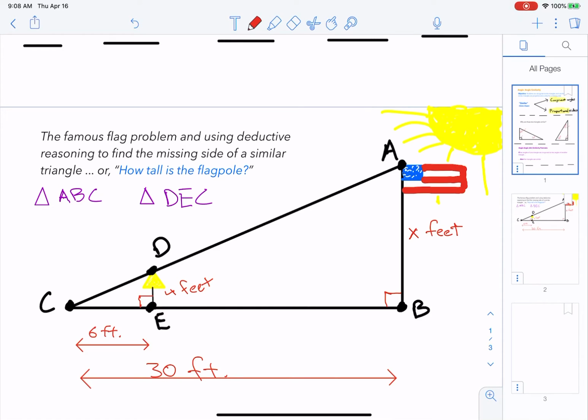And then what's the other angle that is the same in both the large triangle formed by the flag and the small triangle formed by the sign? Some of you may see that it's right here. Both those triangles share it. Sometimes we can fill in the angles. Right there, angle C. So we know that triangle ABC is similar, and we use a little squiggly line to show similar to, triangle DEC. The large right triangle is similar to the small right triangle,